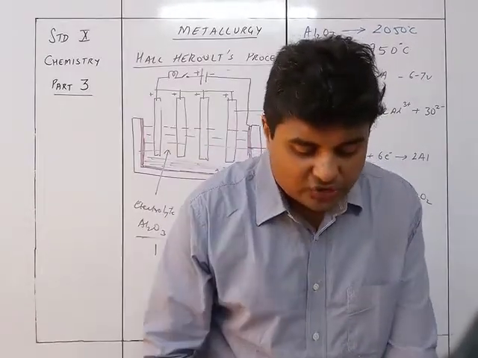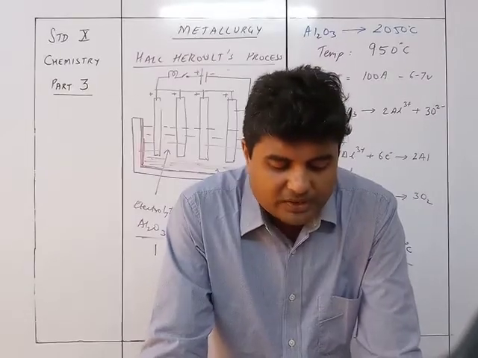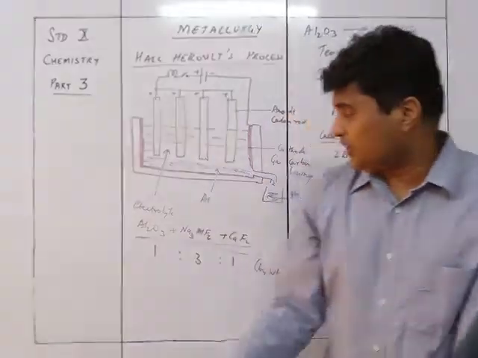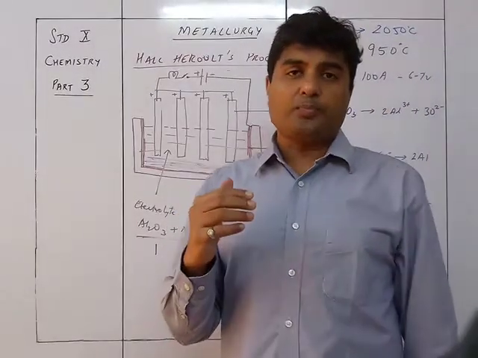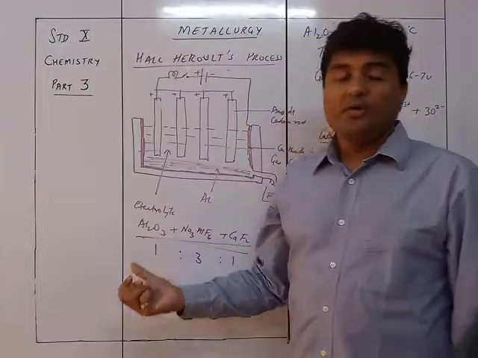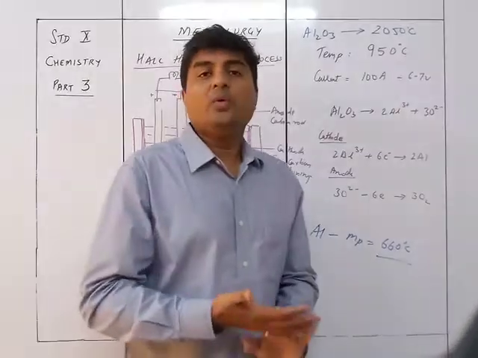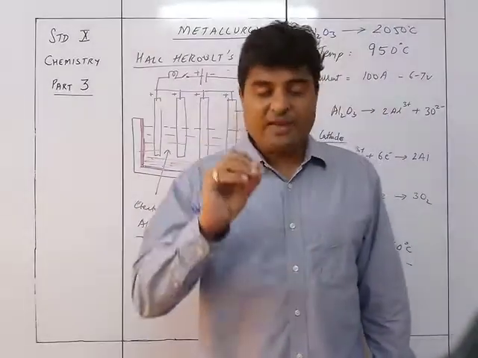And so it may also tend to volatilize out and get washed. Hence the fusion temperature of the electrolyte mixture has to be lowered. So the addition of this is required so as to lower the melting point of the alumina from 2050 degrees Celsius to a lower temperature. So we are adding this. Now we see why we add this.